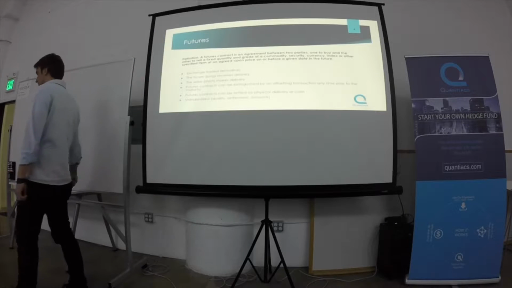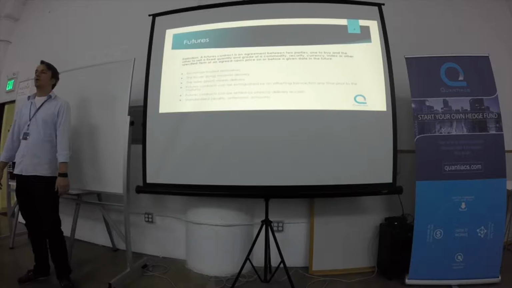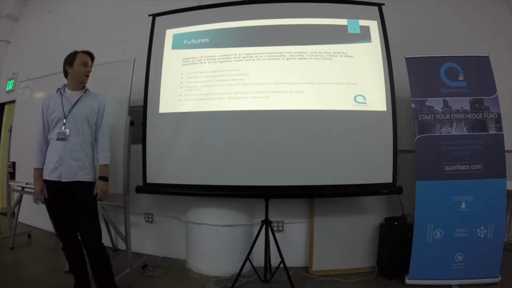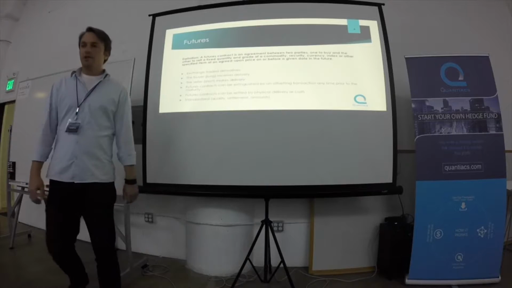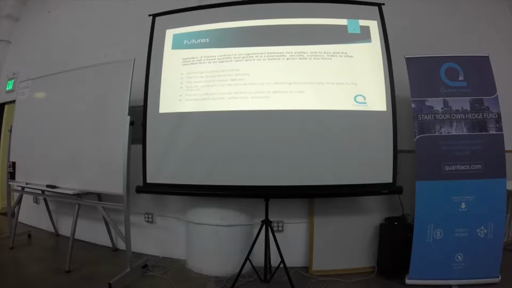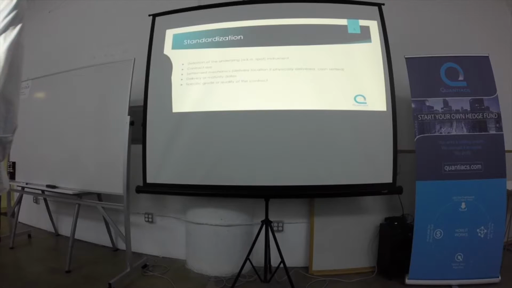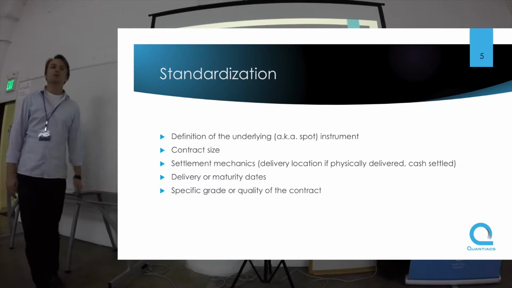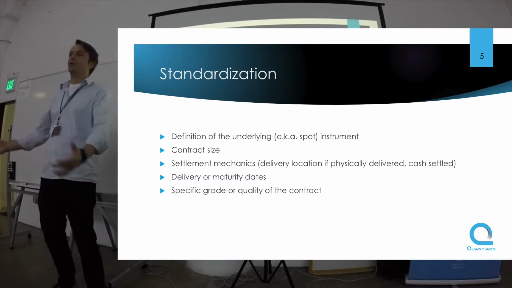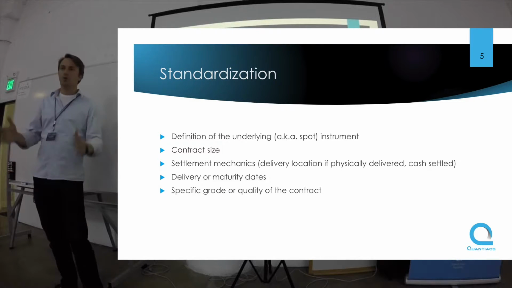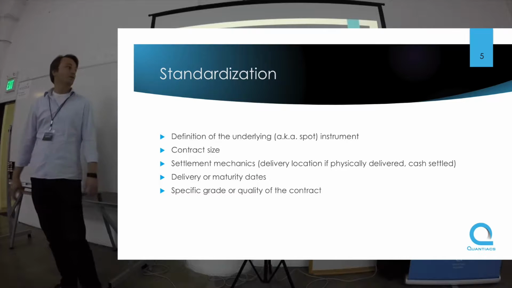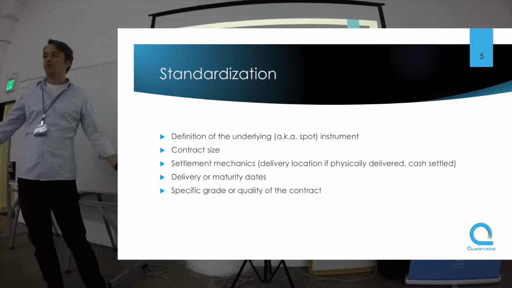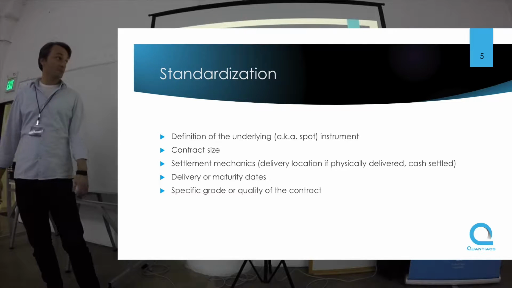The big advantage of futures is that they are standardized. So both parties of the futures contract agreement know what they get. Let's talk a little about that standardization. It's, of course, the first and most important thing is the definition of the underlying. If you buy a future, you know what kind of future you buy. So a future for gold would be physical gold. A future for wheat would be wheat, and so on. So the definition of the underlying is one thing that determines a future.